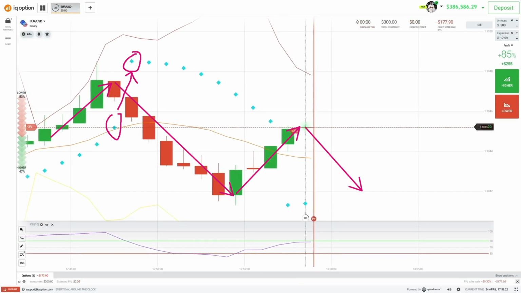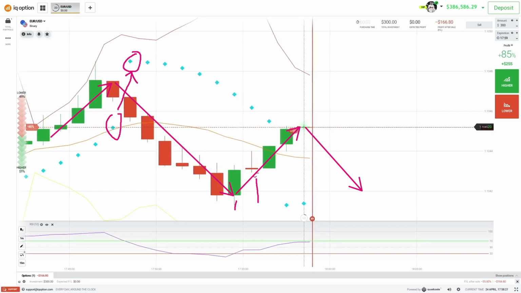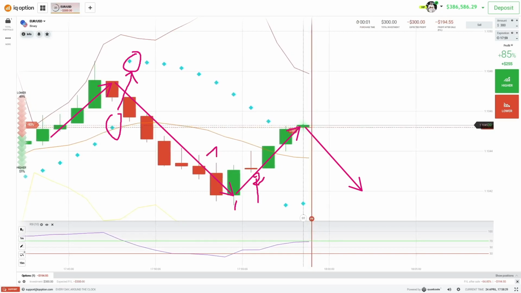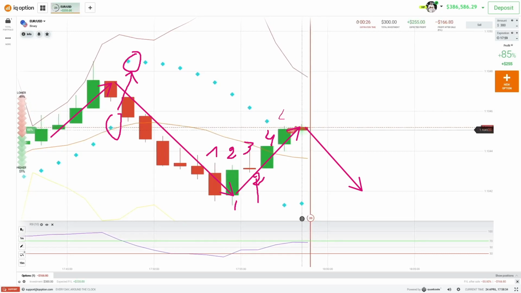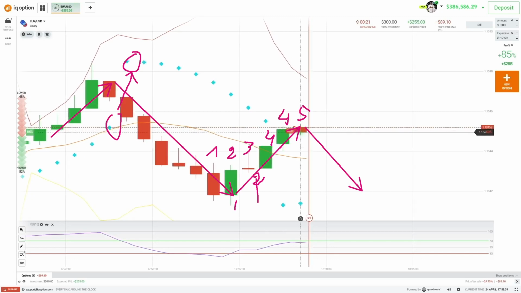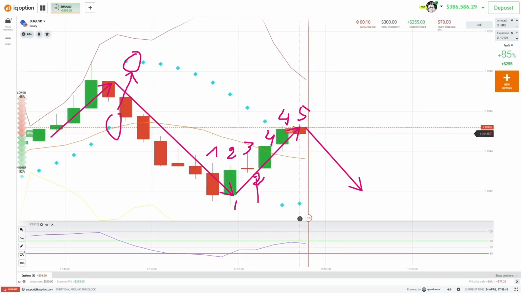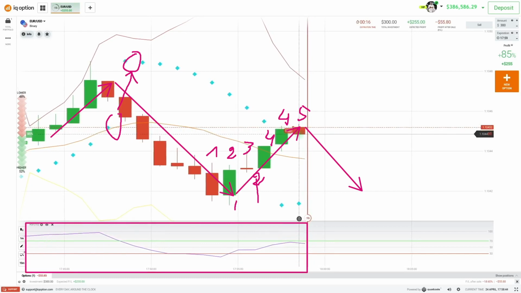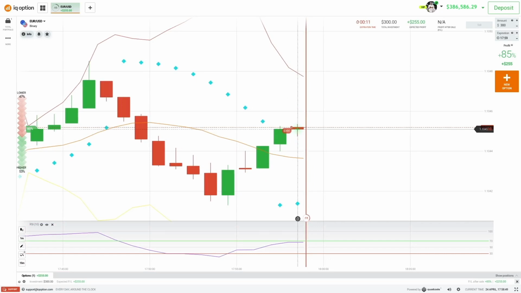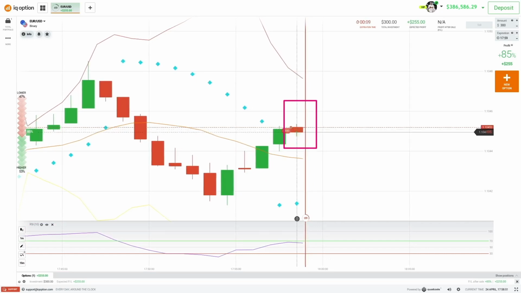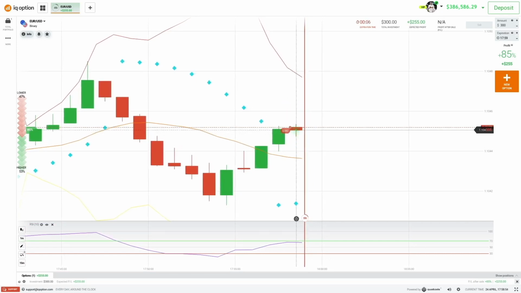This one went from down to above. So this one is going to be a red candle. I'm 100% sure. This one is going to be a red candle. Look what's happening on the other side. This one is 100% going to be a red candle. And it will be my last trading signal for this day.